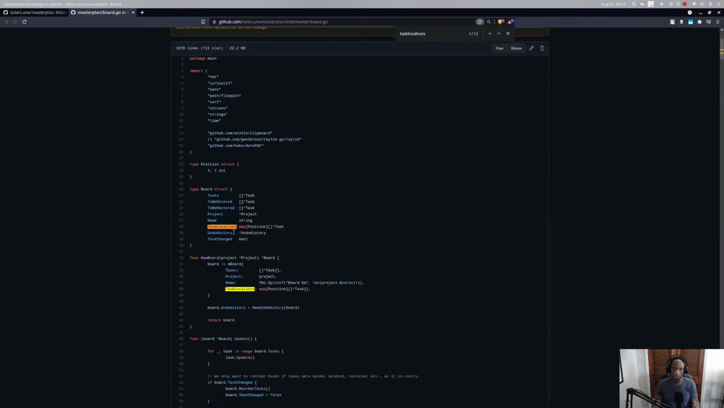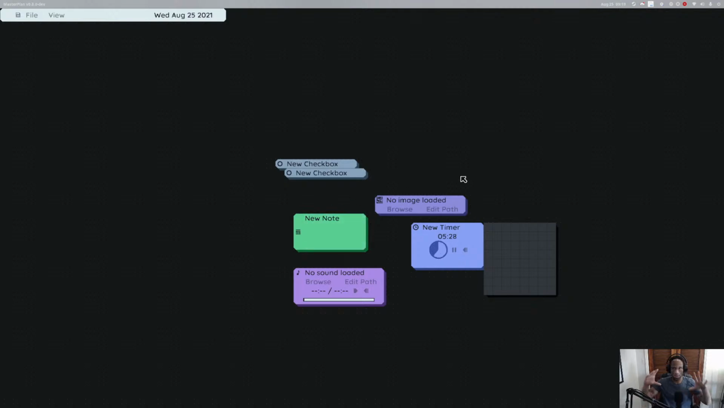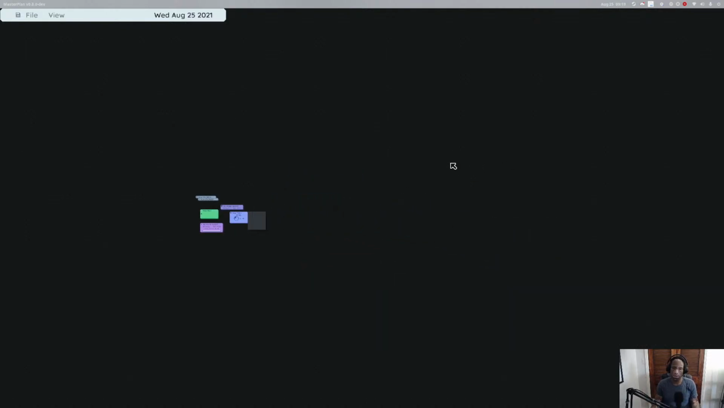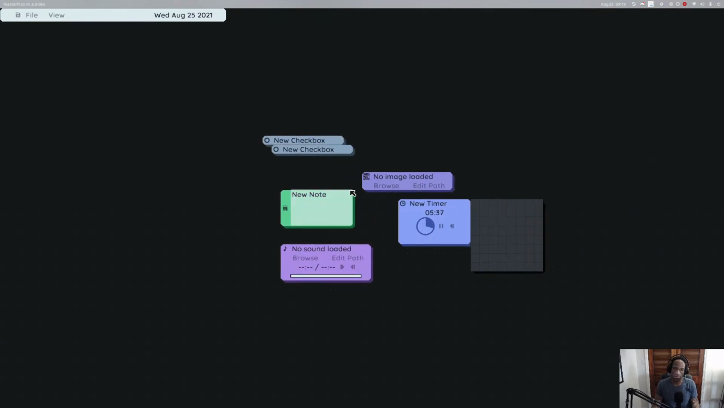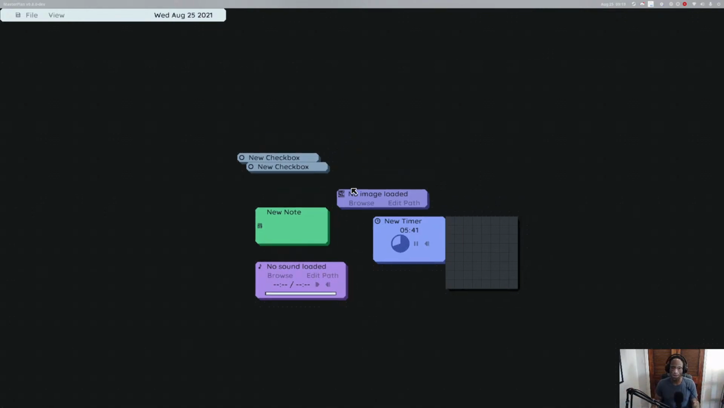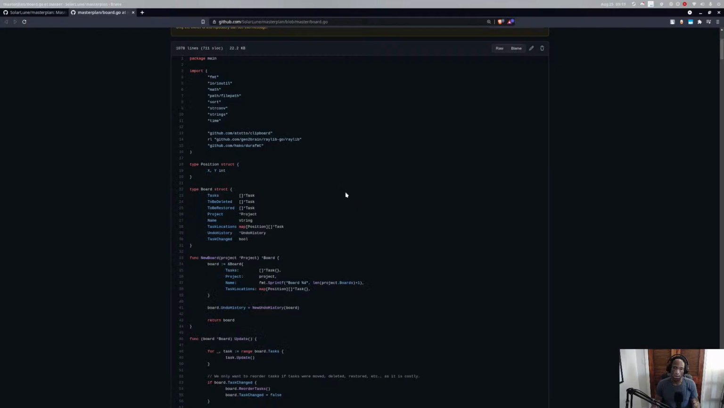Okay, so yeah, task locations is basically the underlying map that controls where a task is. In the space, because you can extend out infinitely and move in infinite directions, left, right, up and down, I implemented the locations of the tasks as a map of positions to a slice